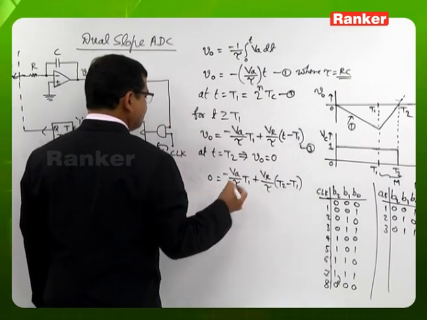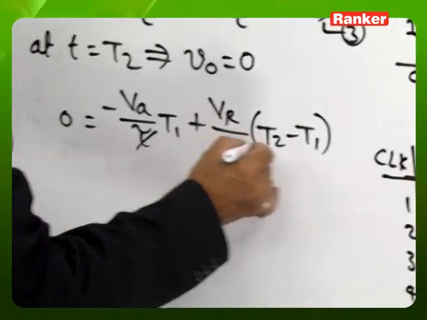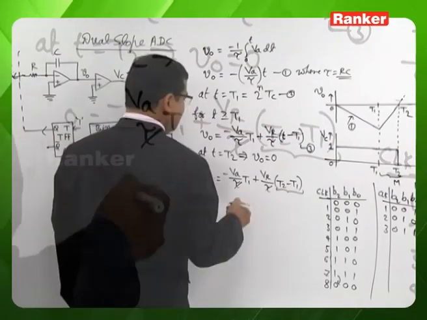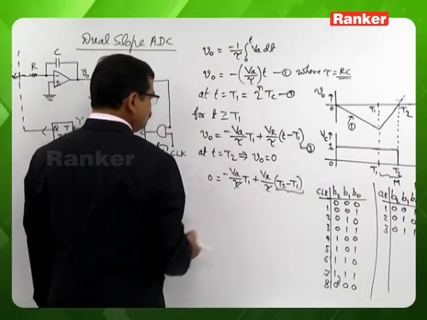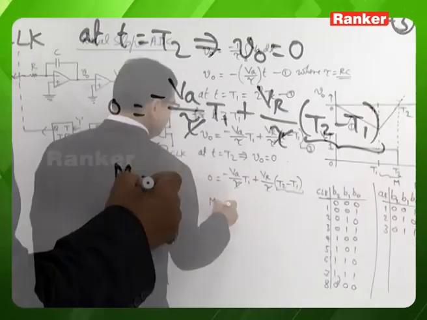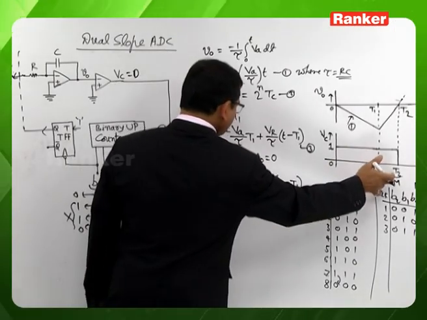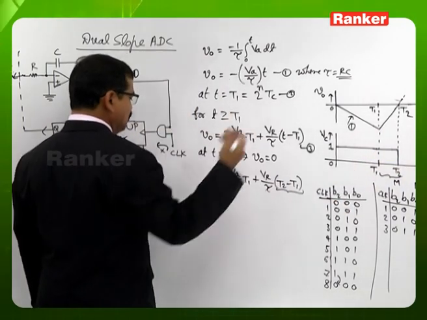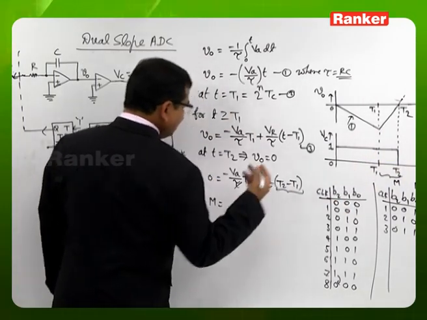So this will be cancelled. The number of clock pulses entered in the duration from T1 to T2, if you name it M,